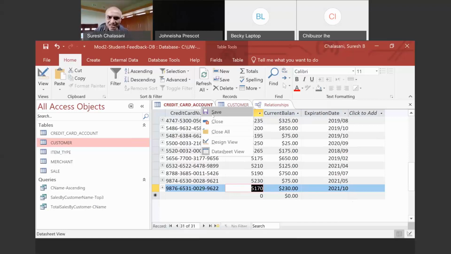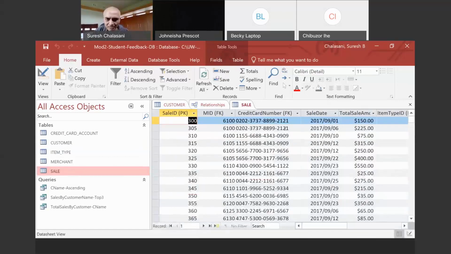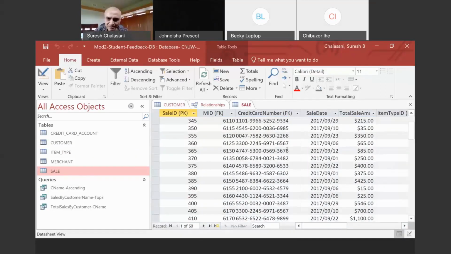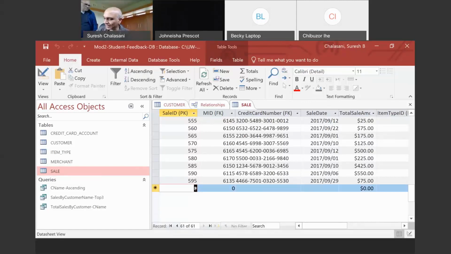So this becomes a little more involved in the sale table, because in the sale table, if you add something new, you not only have to match the, let's say that I have this as 5, I add something else, which is 600.